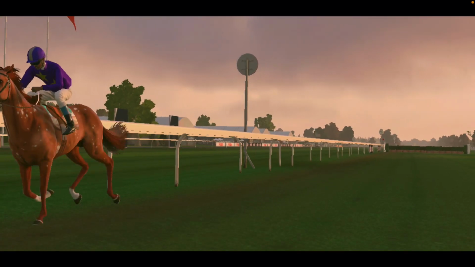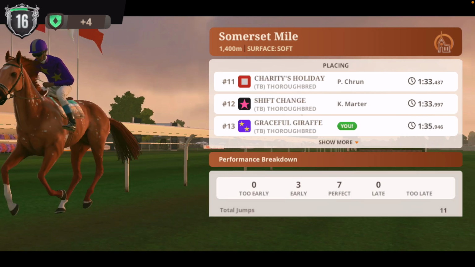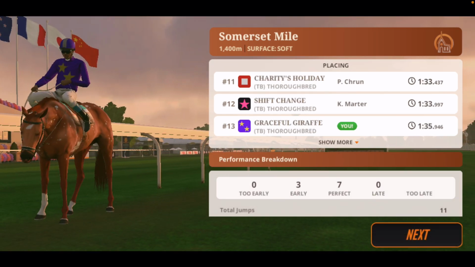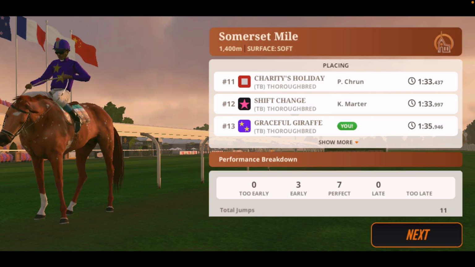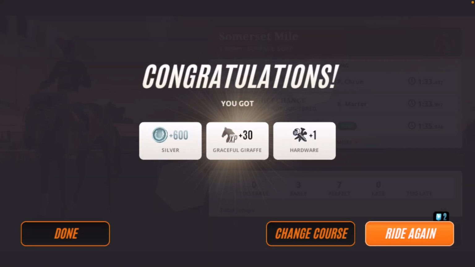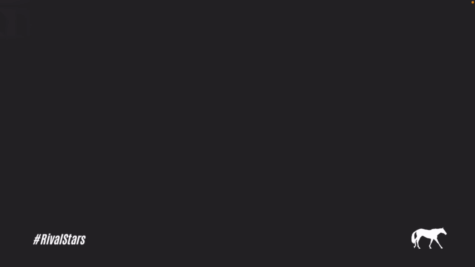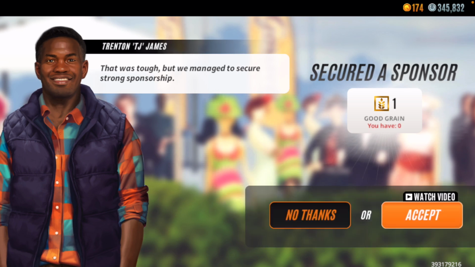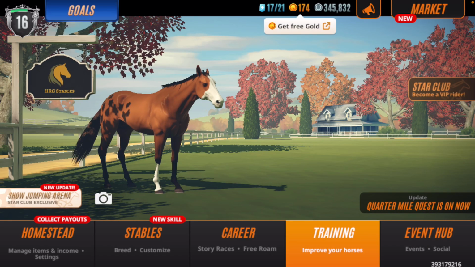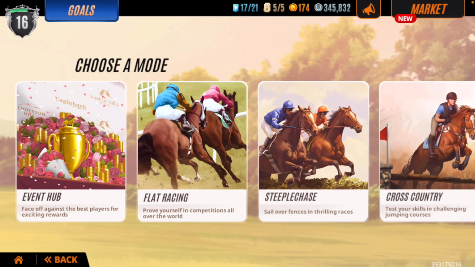So yeah, that did go as badly as expected, but that's going to happen because I need to improve and get better. Yeah, 3 early, 7 perfects, no lates, but we didn't hit all of our jumps, so that's not really successful. Even though they say congratulations, they just kind of gave us a participation ribbon. It's not really good, but we finished the race nonetheless, so I guess we just have to learn from that one. So let's go ahead and move to